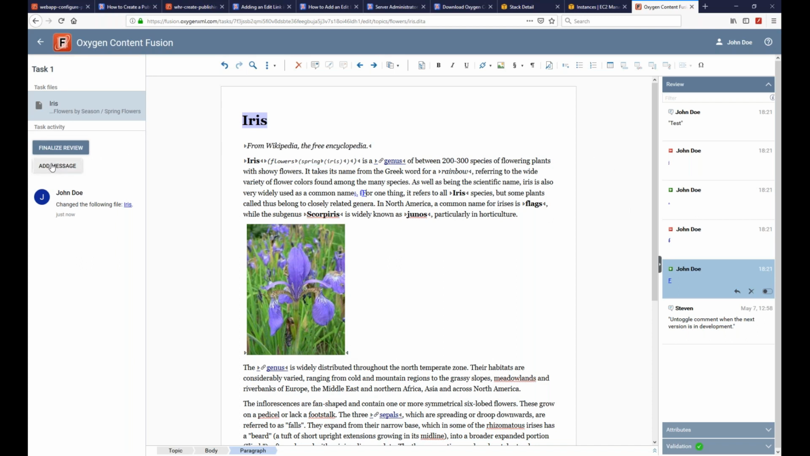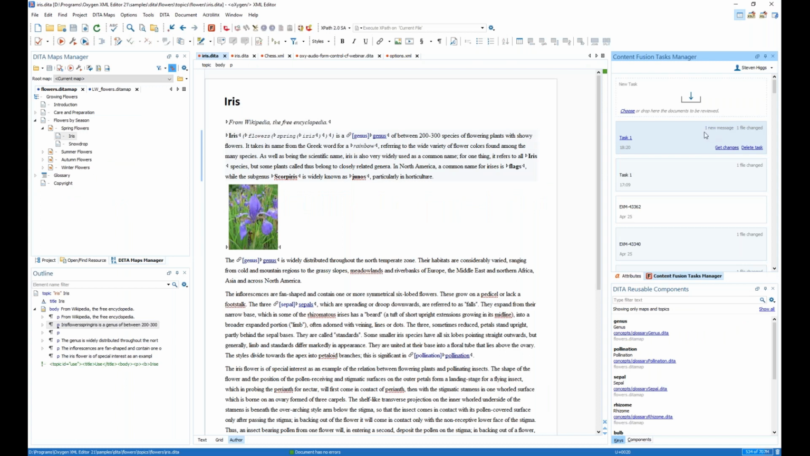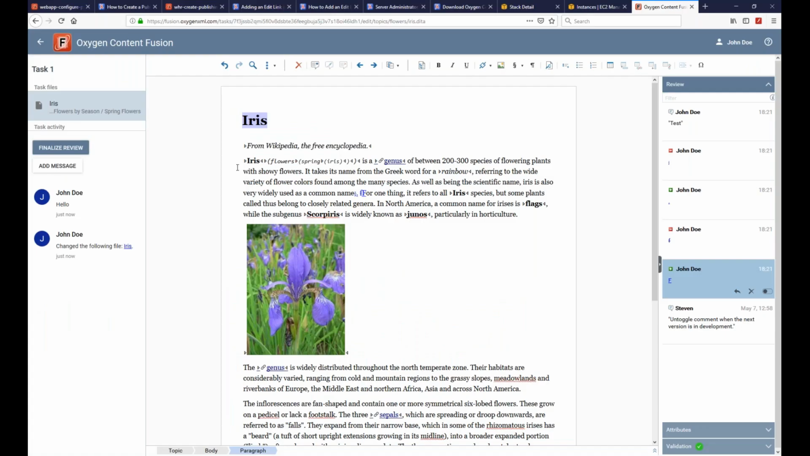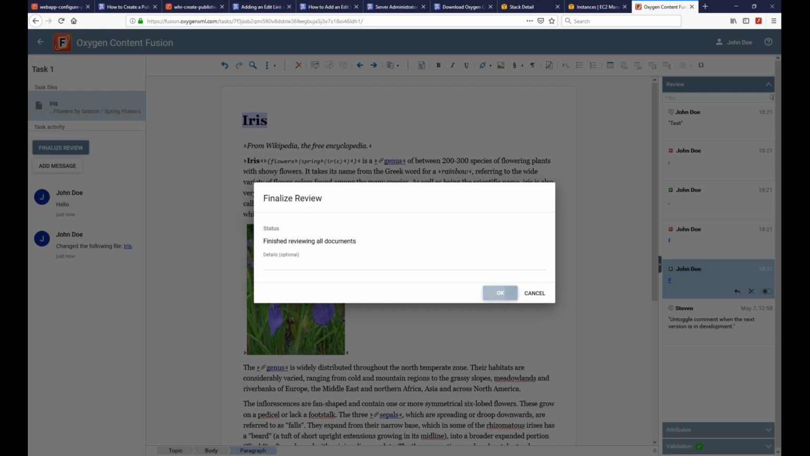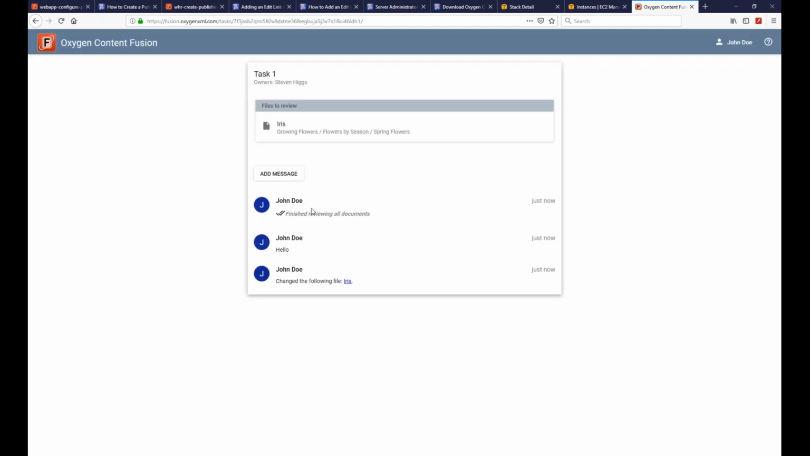They can communicate directly in the interface. They can add a message here. And back in Oxygen, you'll see that it notifies the content author that there's a message, and clicking that, it'll open the task details in their browser so they can see the messages that were added. Once they're done, they can click this Finalize Review button, and then it indicates that this person is finished reviewing